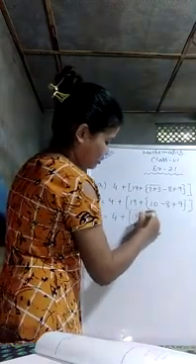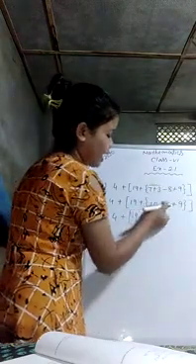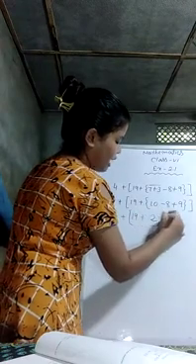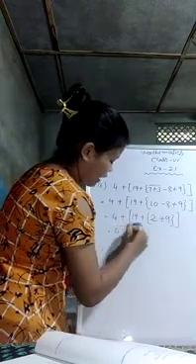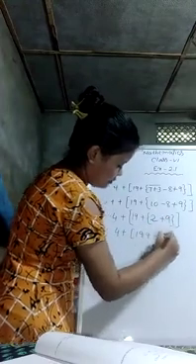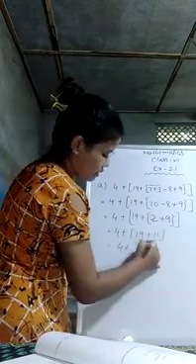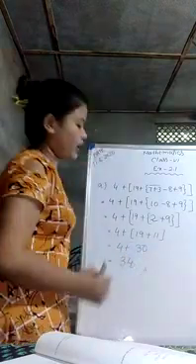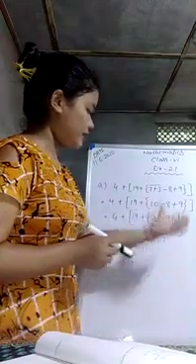Then 19. So after this bar it is minus 8. So 10 minus 8 will be 2. Then plus 9. Then bracket. Then 4 plus 19 plus 2 plus 9 means 11. Then 4 plus 19 plus 11 means 30. So the final result is 4 plus 30, which means 34. So step by step we have removed the brackets, and we have added and subtracted.